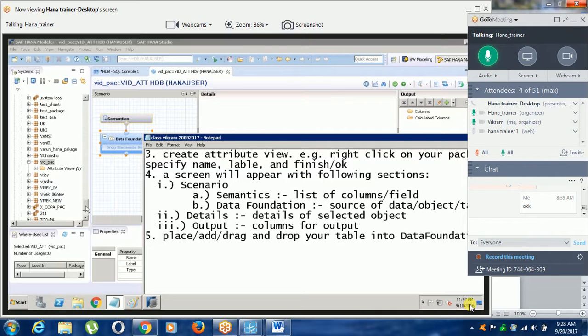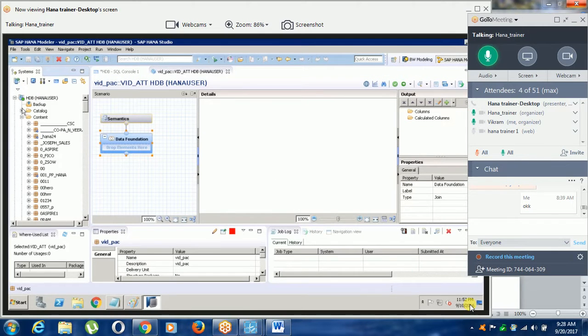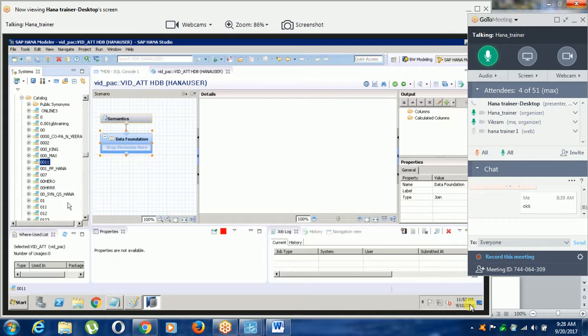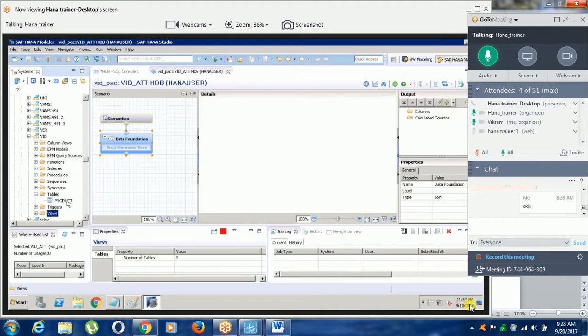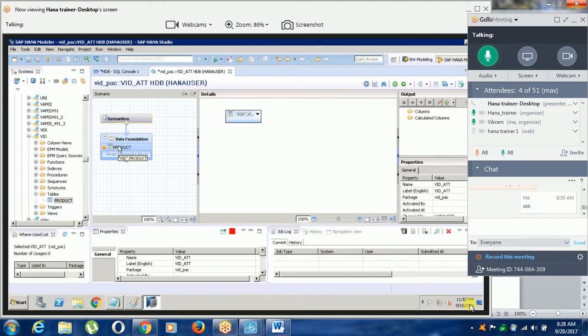It means you just open your product table. I know your product table is in the schema. You just drag and drop it here. And you can do one more thing.